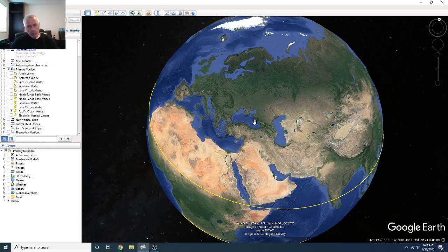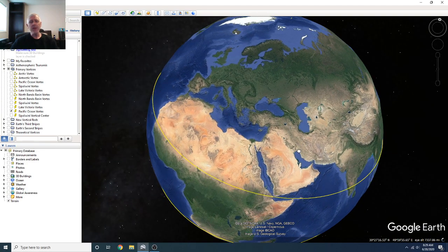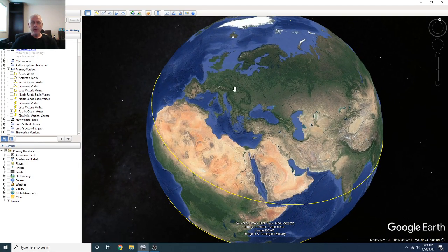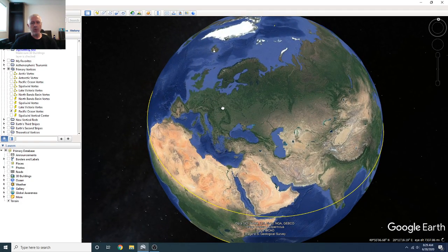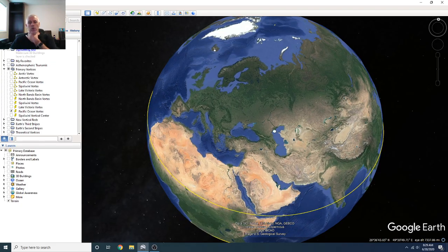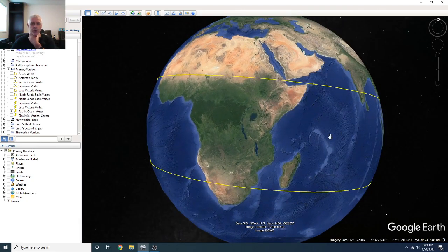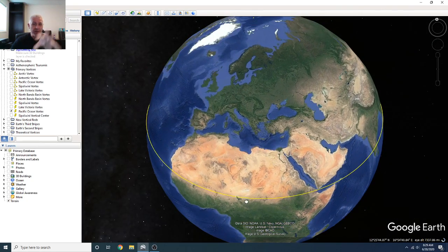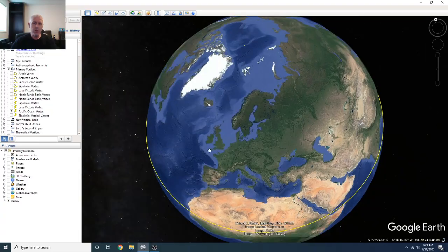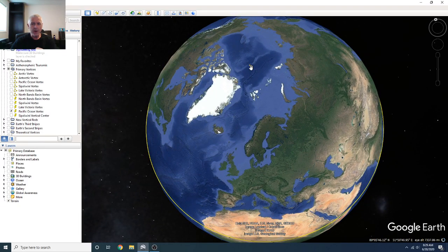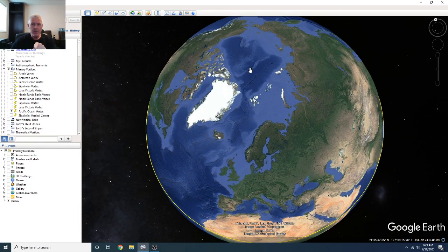So I haven't been able to find what I could actually perceive to be the planetary suture, at least not in orientation to where the North Pole is today, especially if the North Pole is right here where my little pin is, and right here you have the Svalbard Islands,